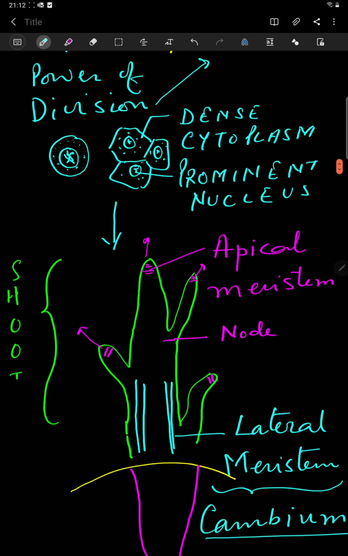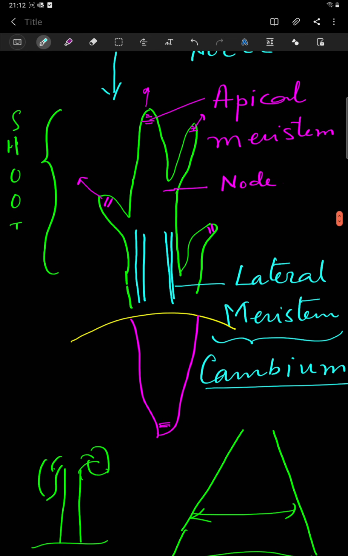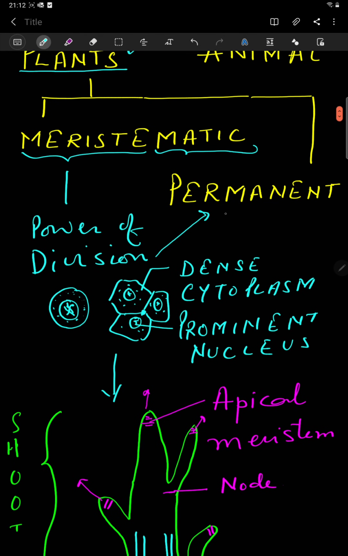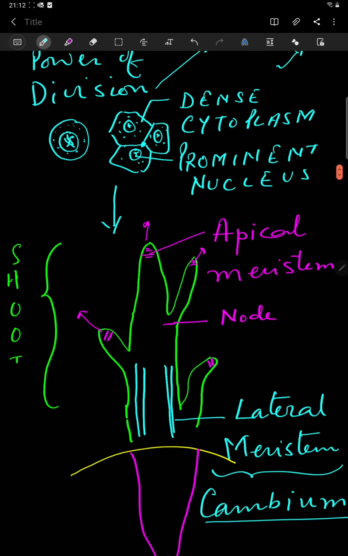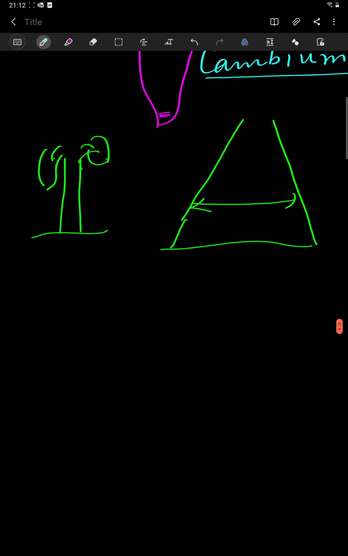That means in between, among the cells, you can observe that the gap is not there. It is completely packed if it is there into the group. Now, after this meristem, you can see that we have written one more example, that is permanent tissue. And we know that these meristematic cells, after modification, converted into the permanent. So for the next heading, I am going to write down permanent tissue of plant.